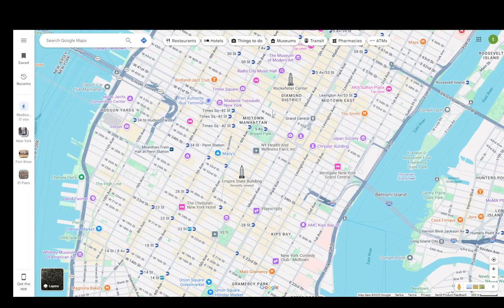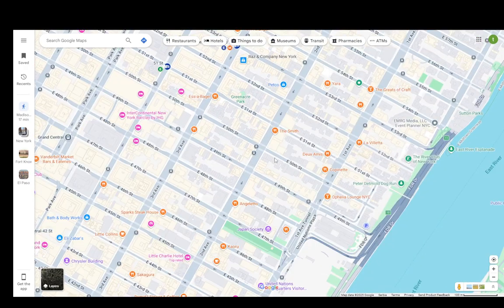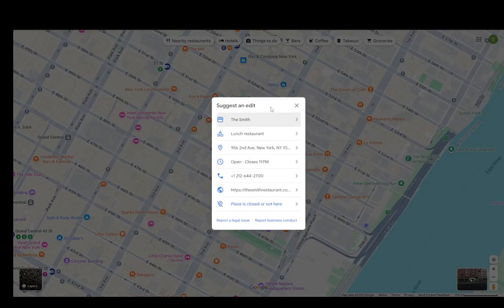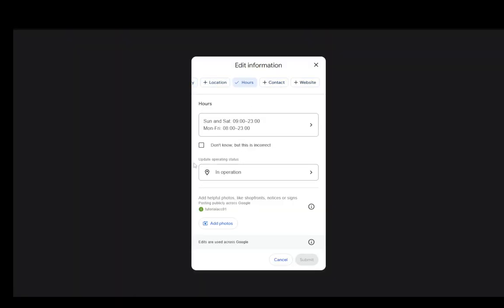But to make an edit suggestion to a location that is incorrect but is not yours specifically, you can just go to whichever location you want. For example, take this restaurant, and then once you're here, you need to scroll down and go to suggest an edit. Here, you're going to go into the hours section, and here you can click update operating status, which is